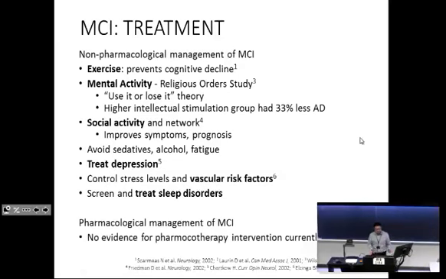And in terms of pharmacological treatment, the teaching is that the cholinesterase inhibitors are not helpful at this stage of disease, and that is true. So if you look at all of the randomized control trials, there's no evidence that on the primary endpoints, which were cognitive and also conversion to dementia, there was any change between the treatment and placebo arms. However, big however, keep in mind that some of these people may be young and they still might actually be in work. So even though it is the case that you're not necessarily going to keep them from developing Alzheimer's disease, you might actually allow them to function well enough that they stay in their job.